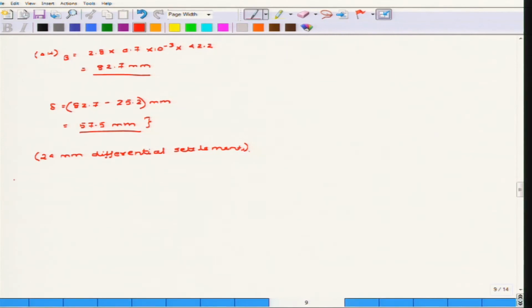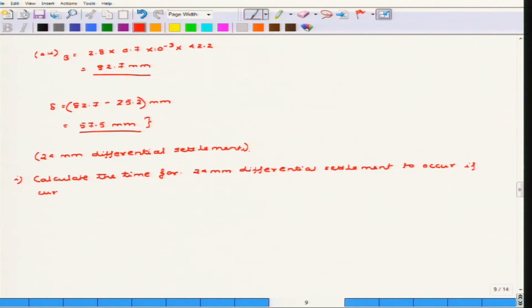So the next question that comes here is: calculate the time for 24 millimeter differential settlement to occur if current differential settlement is 10 millimeter, because they have asked to find out the 24 millimeter differential settlement, because that is the limit